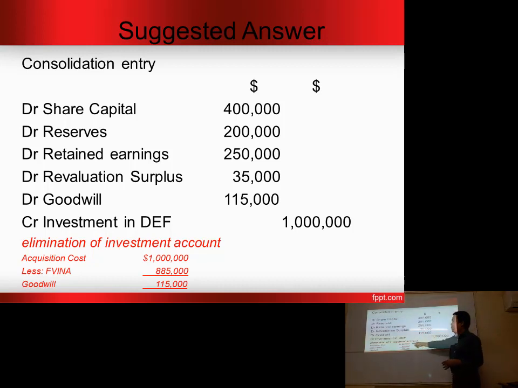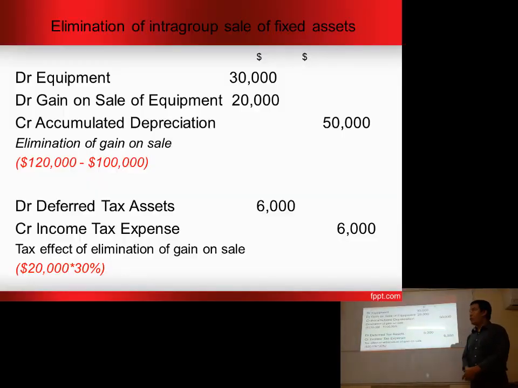When you're calculating, we have acquisition cost of 1 million, and then the fair value of identifiable net assets of 885,000, the total of this, and then the difference will be charged to goodwill. For the elimination